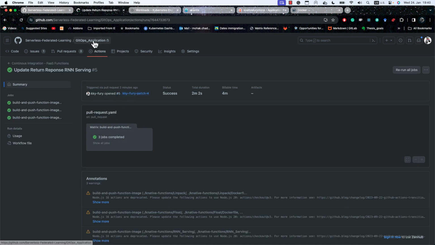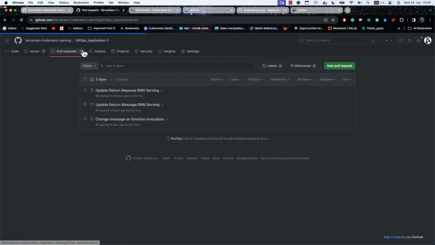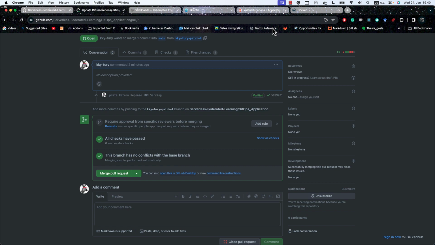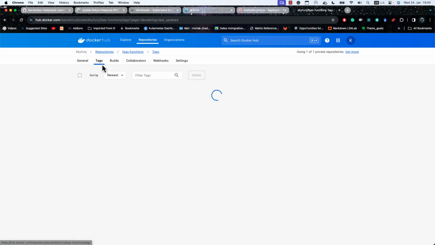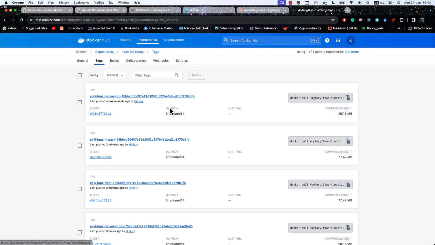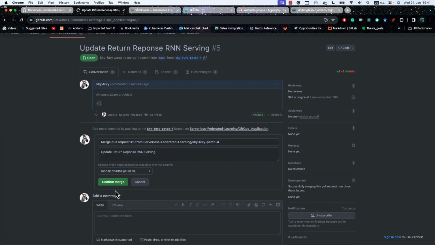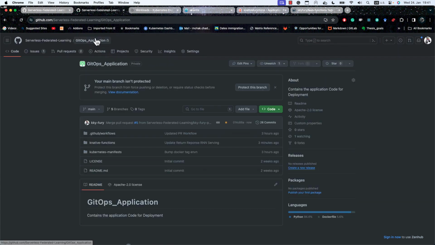All right, so now all the actions have completed. Right, so then if you look at Docker Hub, you can see that the three new images were pushed, right? So let's merge them to the main branch, right? So now if you look after merging,